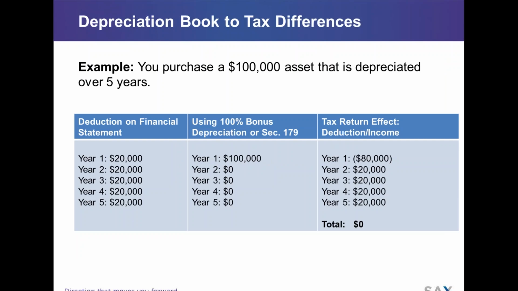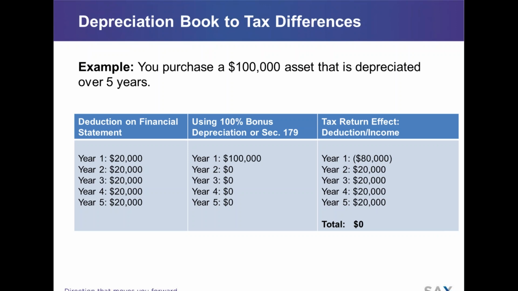Some people take the idea that this is a gift from the IRS, that they're letting me expense all of my fixed asset purchases. That would be the case if your financial statements were also on a tax basis, but most businesses use a GAAP financial statement, which means you have to use a straight line method to depreciate your property. So if we have an example where we buy a $100,000 asset that would be depreciated over 5 years.